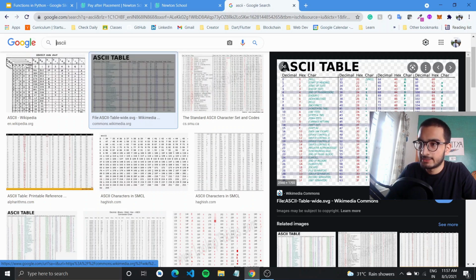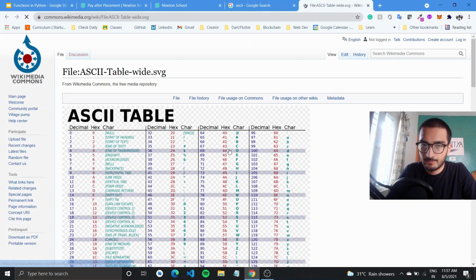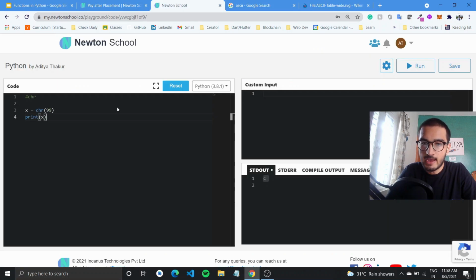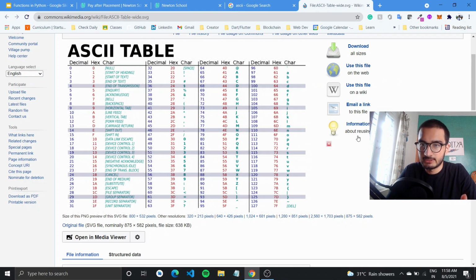So as you can see in the table, for the value 97, we have the character a. Similarly, you can type in 65 here, and if you print this out to console, you will get a capital A. So this chr function is used to return the character that represents the specified Unicode.